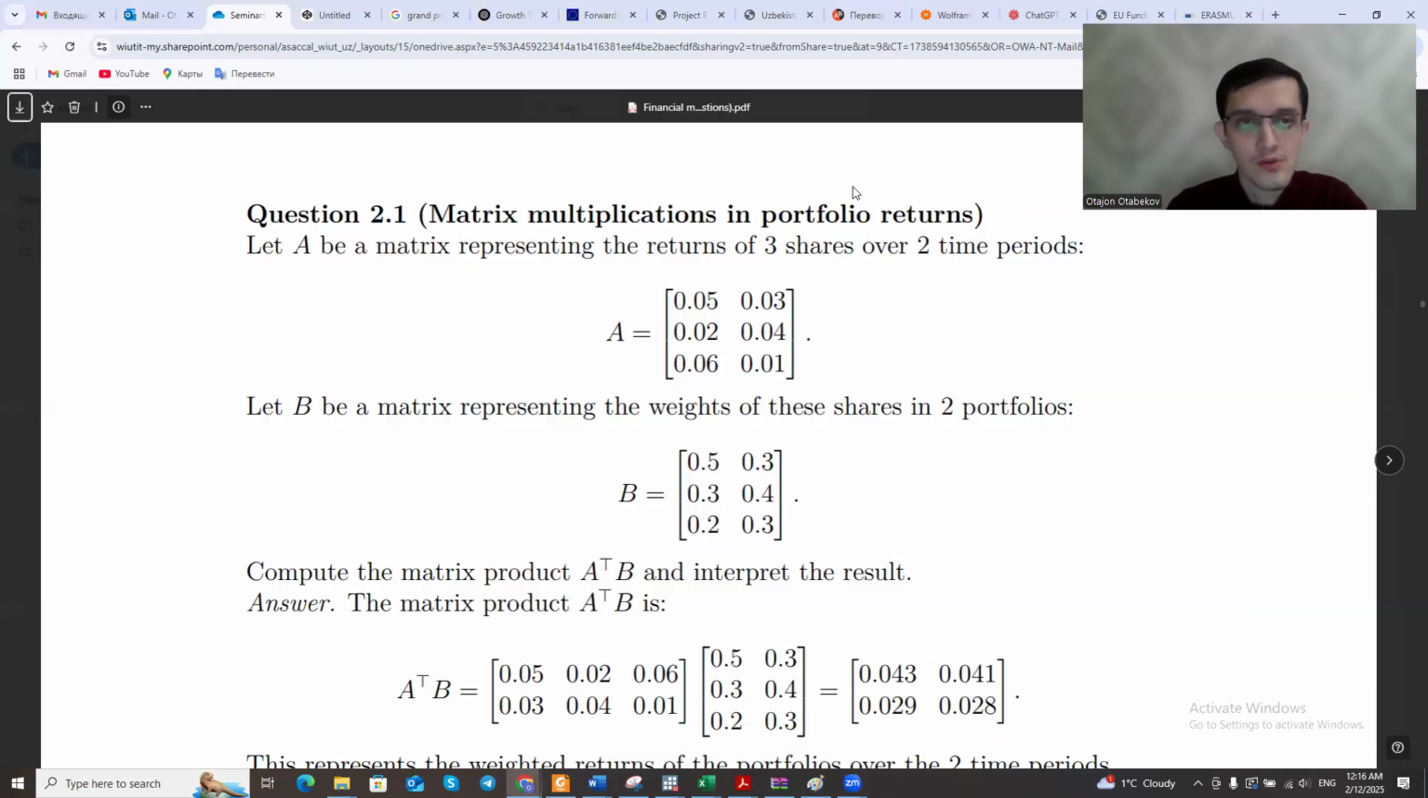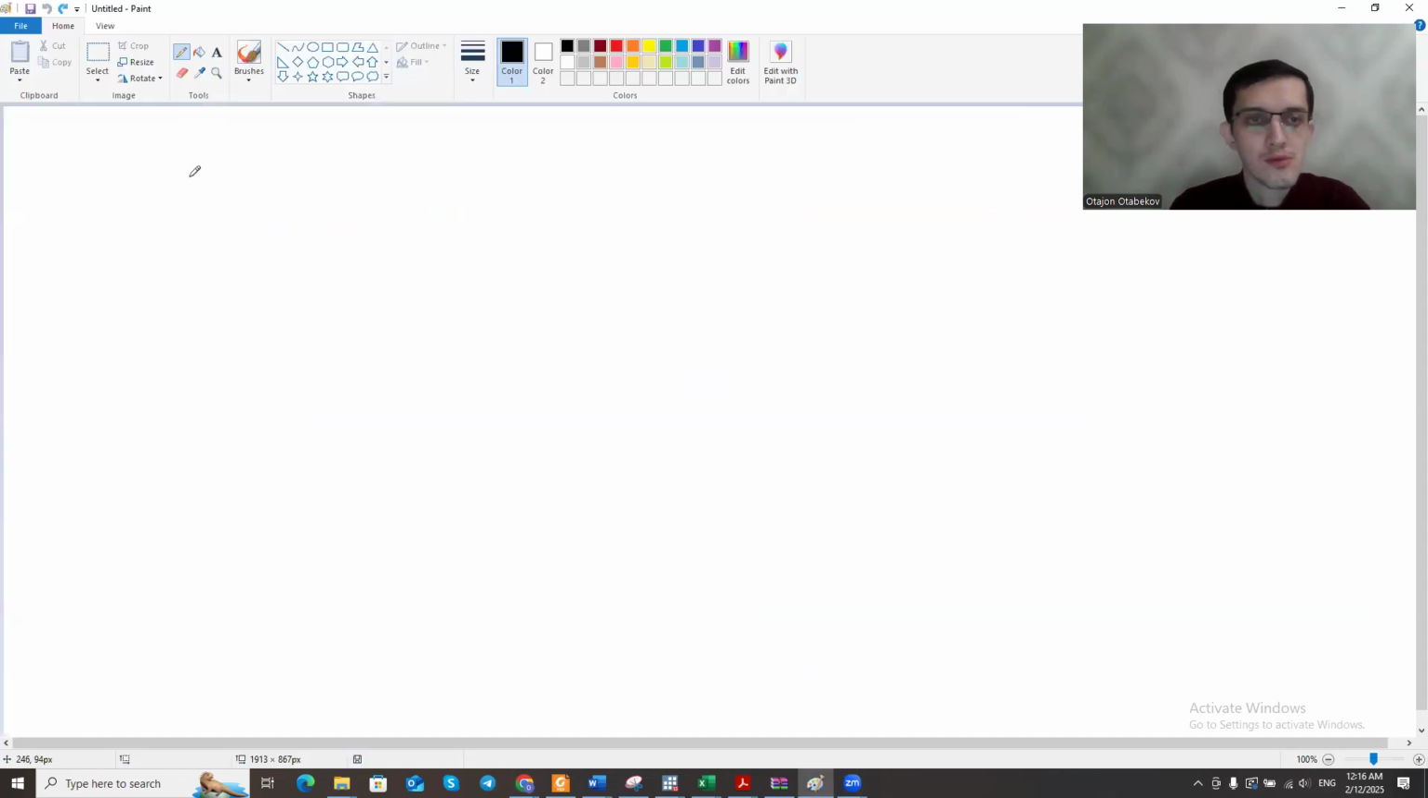We'll be solving question 2.1, where we have to multiply two matrices, but first we have to transpose the matrix A. Let me simply copy what we have so far. Okay, matrix A